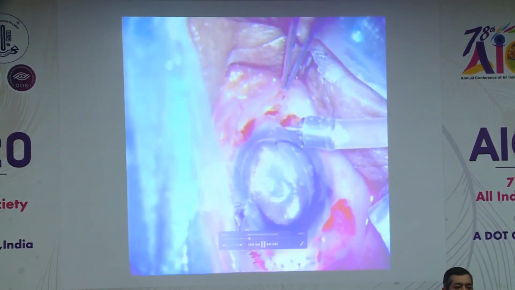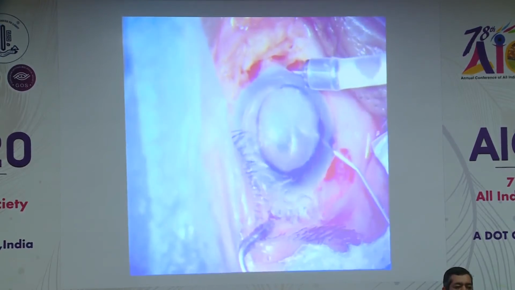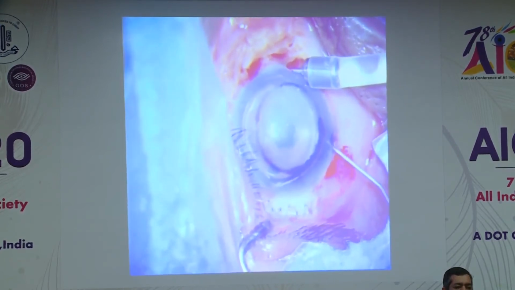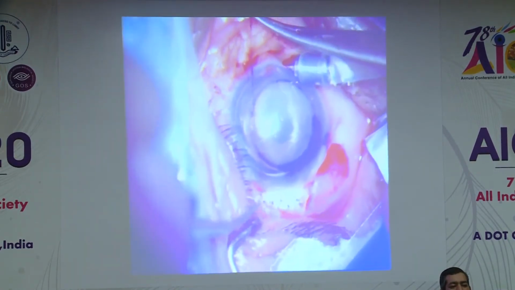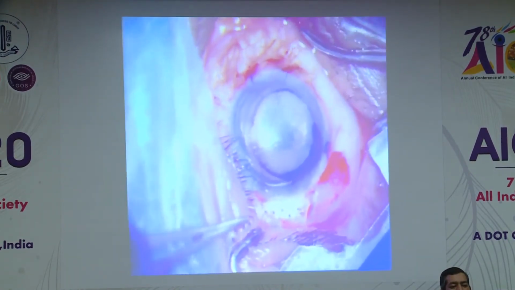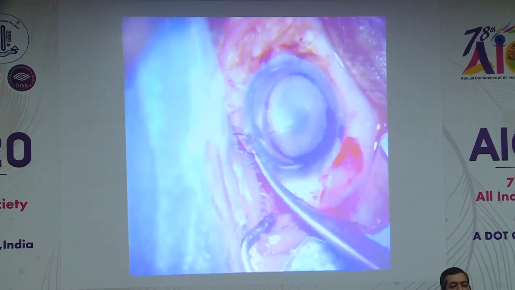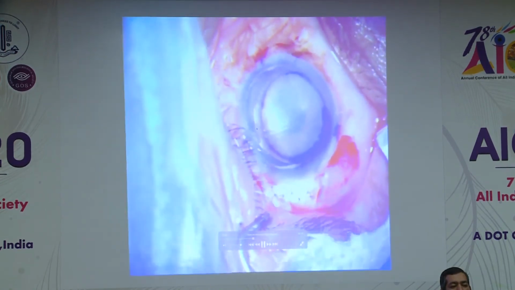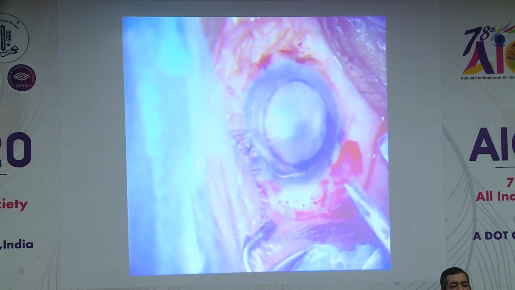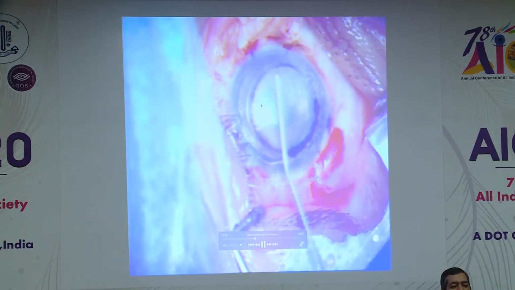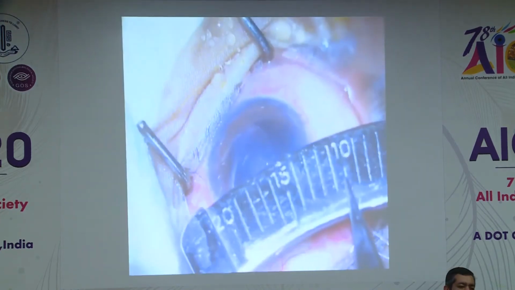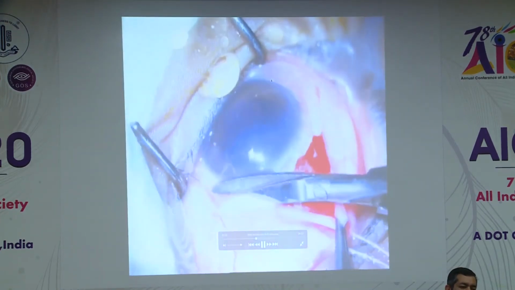I close my tunnel and I used C3F8 gas in that because there was no iris diaphragm. C3F8 non-expansile concentration, and I definitely suture all my side ports because I want no leakage. This keeps me secure. I remove it the next day, and after that I do iron it out so as to remove the interface fluid if at all.